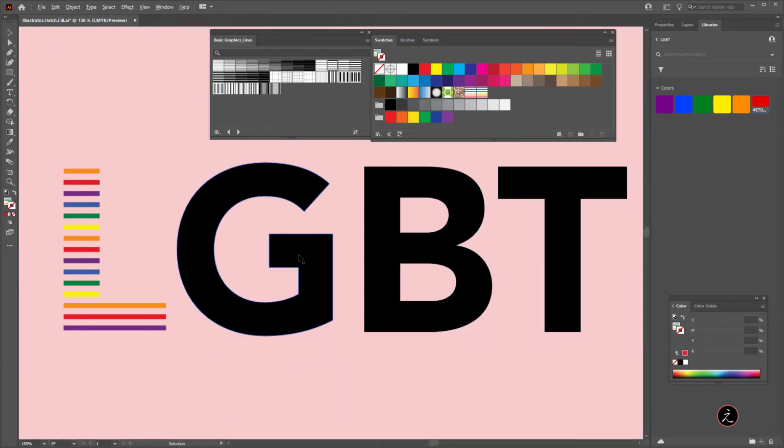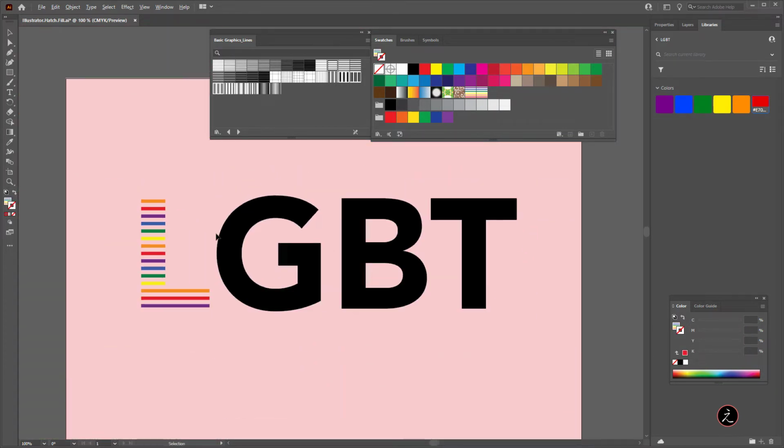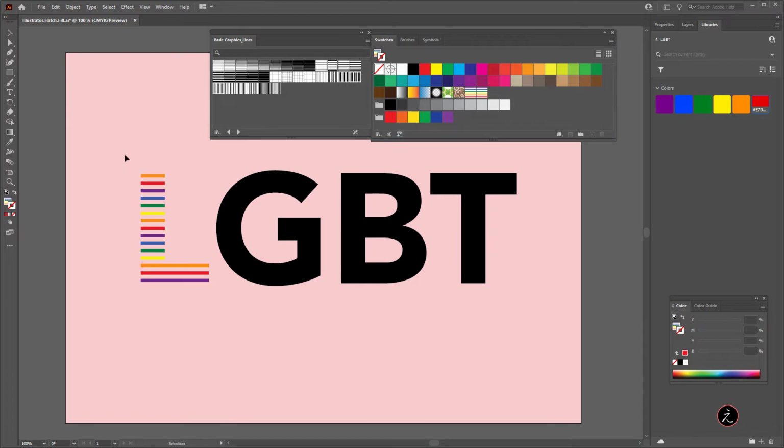Now, as a side note, when you save this file and open it back again, the custom pattern you created and saved will appear back on the Swatches panel, so you can reuse it if needed. All right, so we are done with the first custom pattern we added